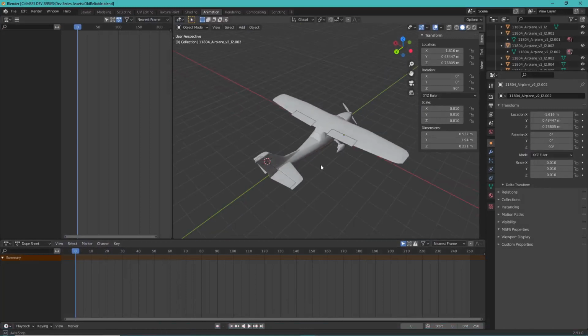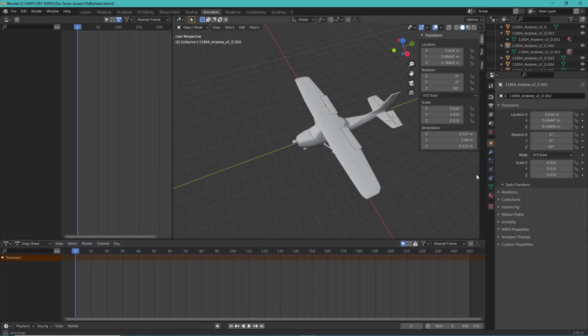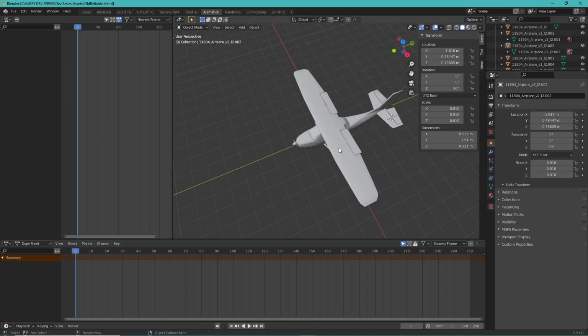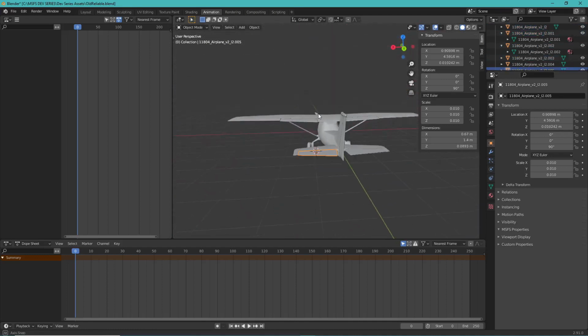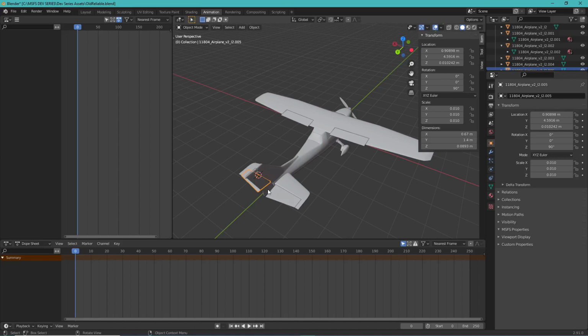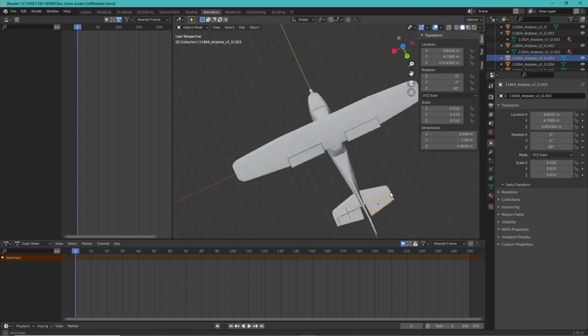And something I had to do, which unfortunately this model didn't have originally, was separate the control surfaces. So as you can see here, I can click on each individual one now. It wasn't like that, so I had to spend 15 minutes or so before this tutorial to start separating these from their base. And to do so, all I really did